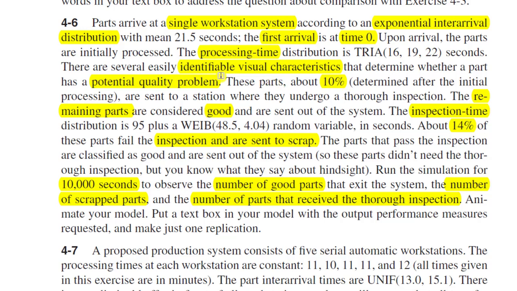In this exercise, parts arrive at a single workstation system which follows the exponential distribution, and the processing time of each part follows the triangular distribution. There is a 10% chance that parts are determined to be a good product and sent out of the system, and there are a 14% chance that parts fail the inspection process and are sent to scrap, and the inspection time distribution